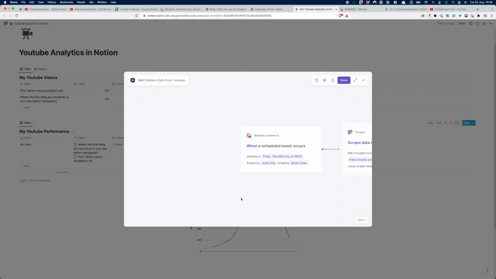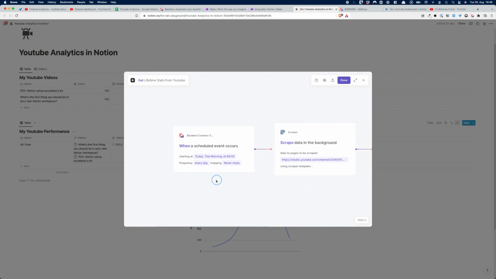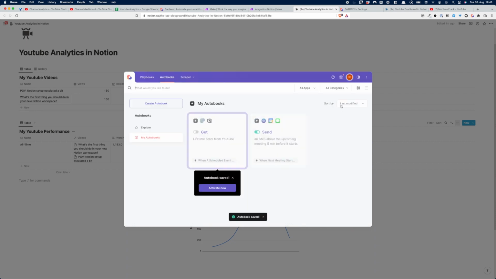Awesome. So now, every day at 9 o'clock, if our computer is running, because that's the one thing with Bardeen, it runs on your computer, so you can't do it when you're off it. So ideally, pick a time where you're always at work. Please run this automation and get the lifetime stats from YouTube. So that's all for this one. And now you see that it changed from a playbook to an autobook, because that's the difference. Playbooks are the ones that you run manually. Autobooks are the ones that run automatically, and all that's left is to tick this thing,